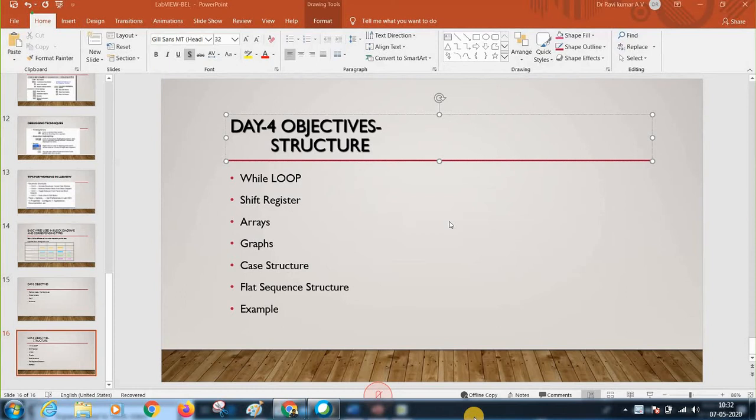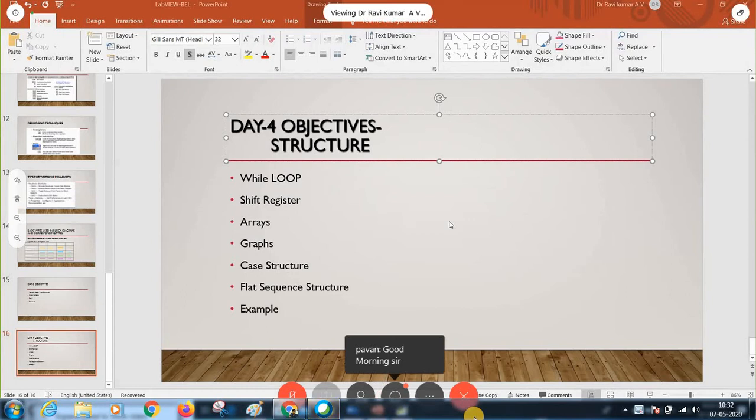Today we'll start the session. Our objective will be a continuation of the structures.